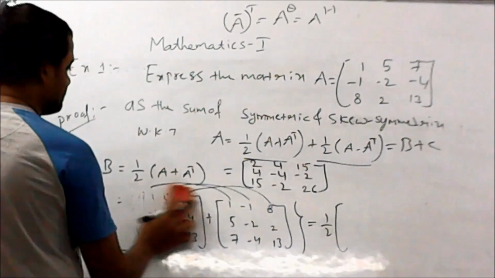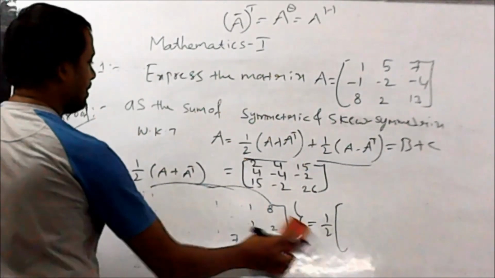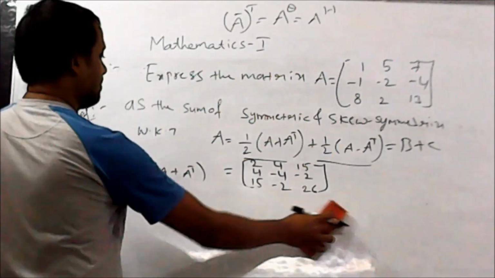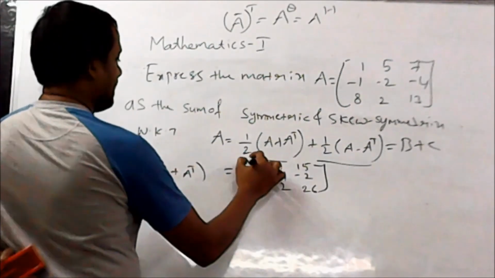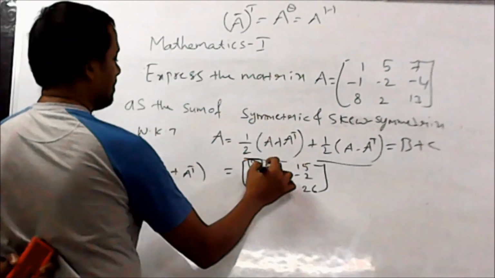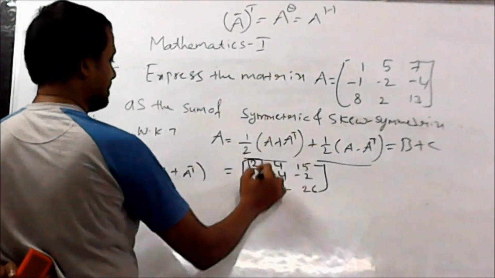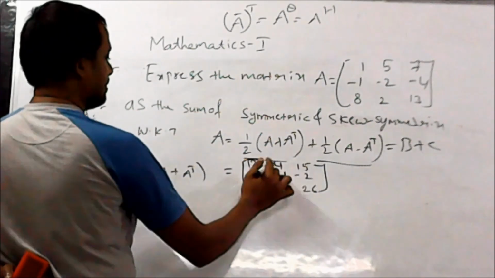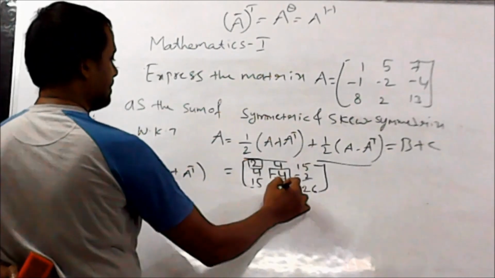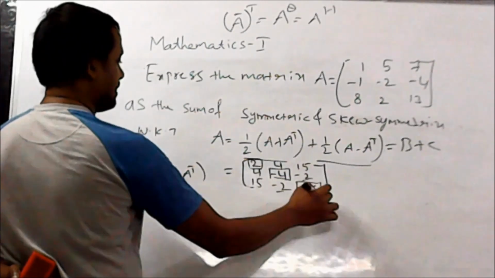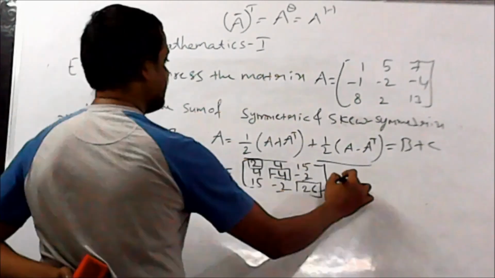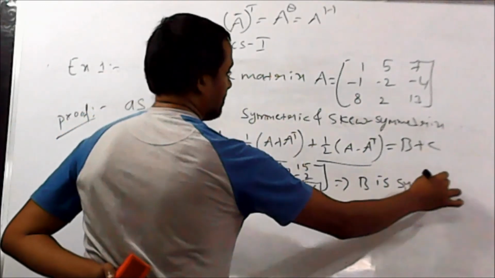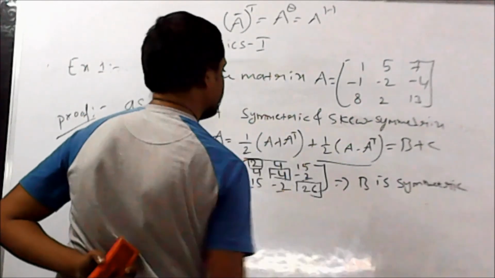So you can observe whether B is symmetric or not. How will you verify the symmetric property? Except for the diagonal, whatever you have written on the right hand side, the same thing must be in the bottom. 4, 15 here, 4, 15. The second diagonal's right hand side element, minus 2, must be in the bottom. The diagonal can be whatever it may be. So B is symmetric. Already we know it, but by this also you can say it is symmetric.